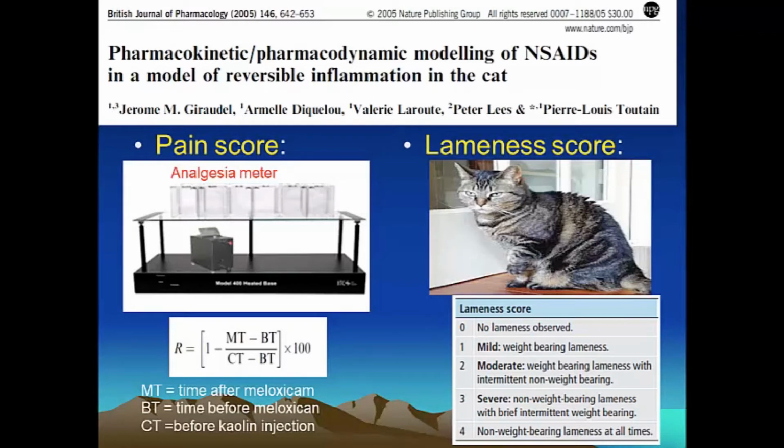Now, the withdrawal time is then transformed into a pain score according to the equation that we have here, and that equation includes the withdrawal time after the meloxicam injection, the time shortly before the injection of meloxicam, and obviously the time before the kaolin injection was ever given, which would be like the control time, if you like. As you can see, they also scored for lameness based on a numerical rating scale,